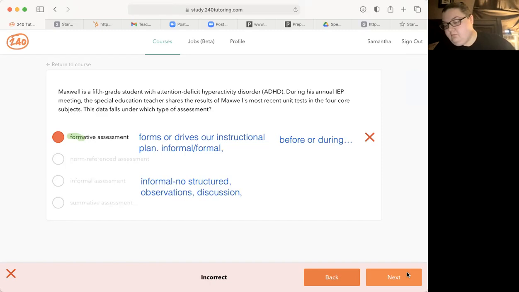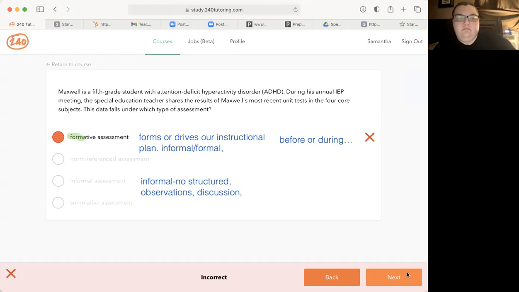If I'm meeting a class, I could have a discussion or do an activity in which I am assessing their literary analysis abilities. And that would be before I begin creating what they need for instruction, creating the lessons and the activities that would supplement their areas of need. So formative assessments happen before and during. Summative, they happen after. And so we have this Maxwell, who's a 5th grade student.